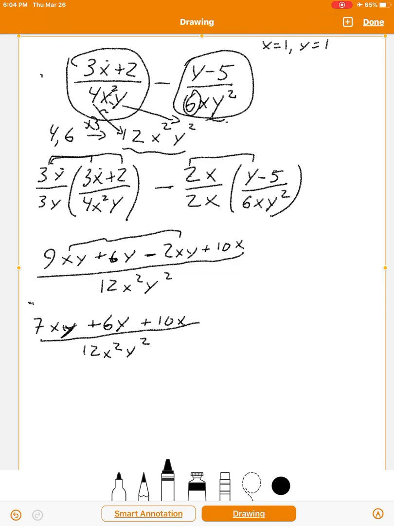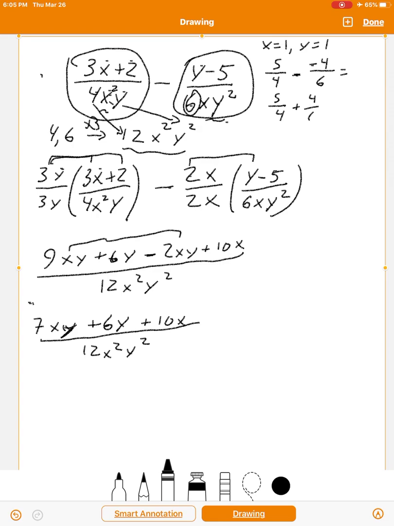Okay, so 3 times 1 plus 2 is 5. 4 times 1 squared times 1 is 4. 1 minus 1 minus 5 is minus 4. And then 6 times 1 squared is 6. But this is minus a minus, so that's plus. So that's really 5/4